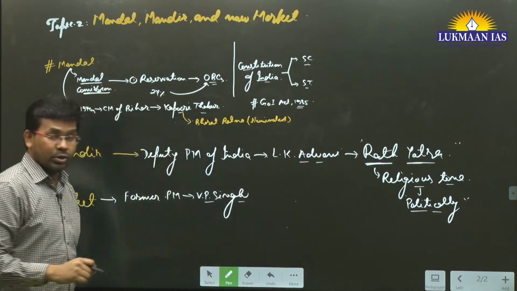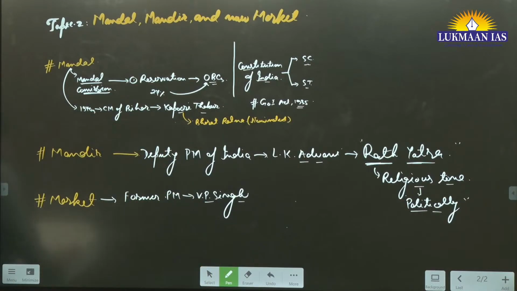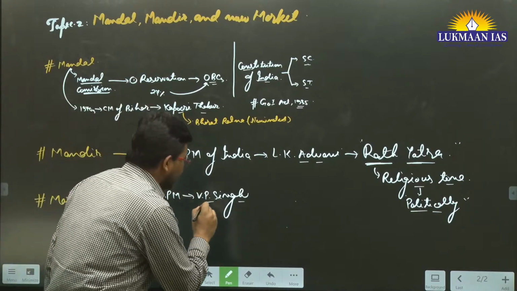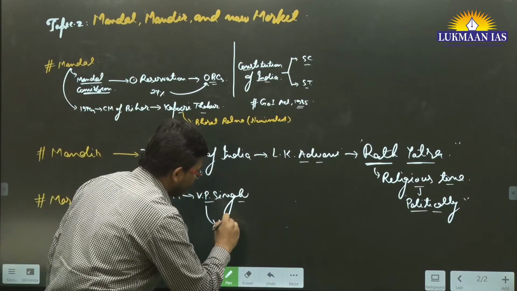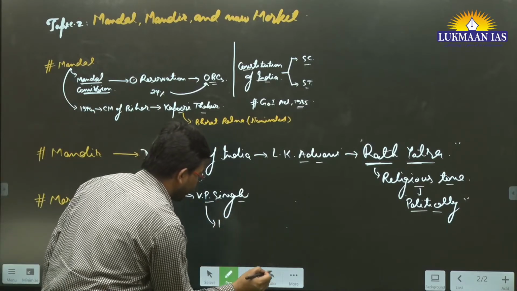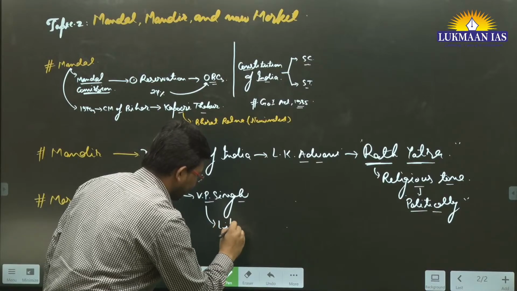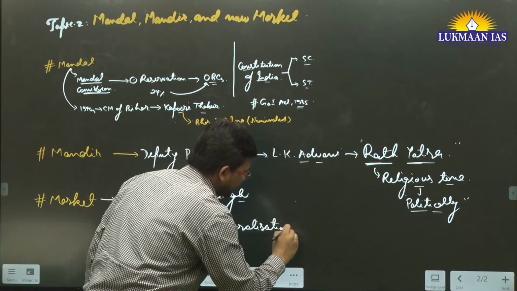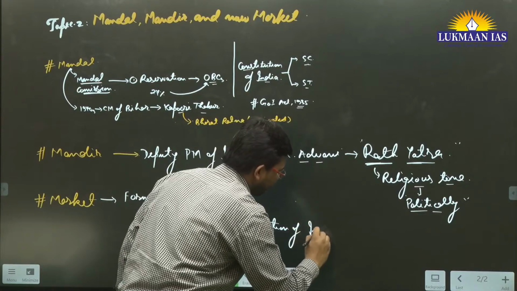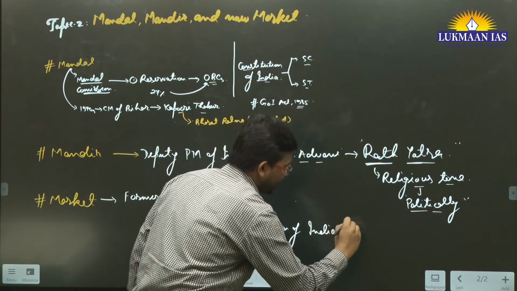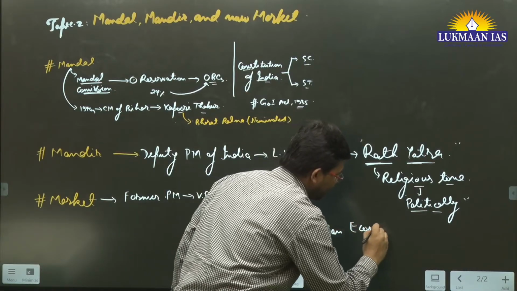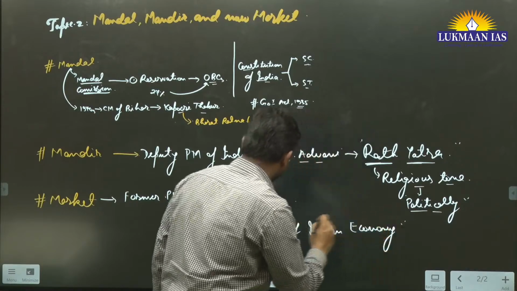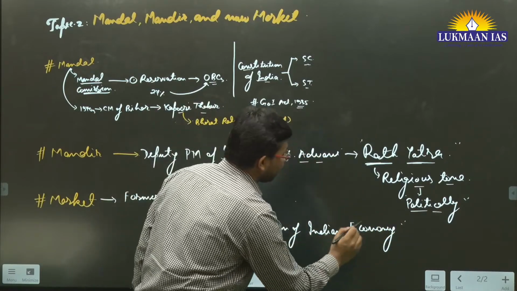VP Singh. So why VP Singh? Because this former Prime Minister of India has focused on liberalization of the Indian economy. There have been many prime ministers before that, and although they took some steps related to liberalization of the Indian economy,